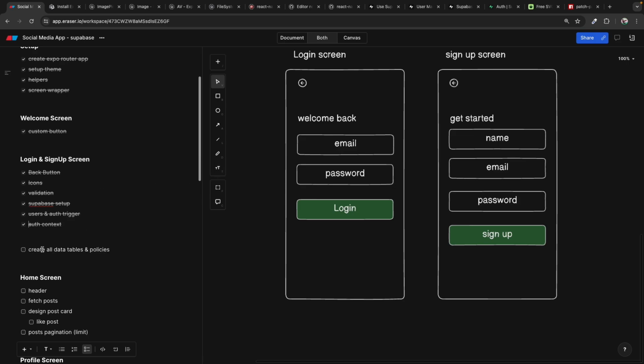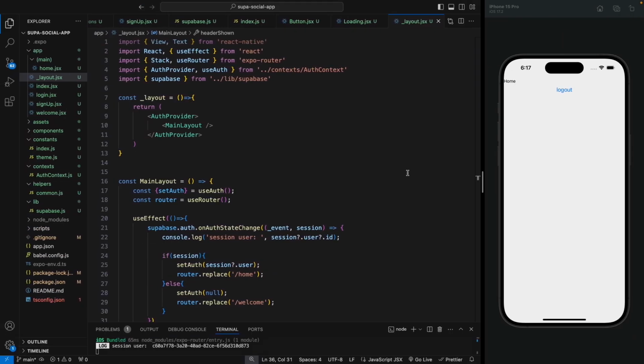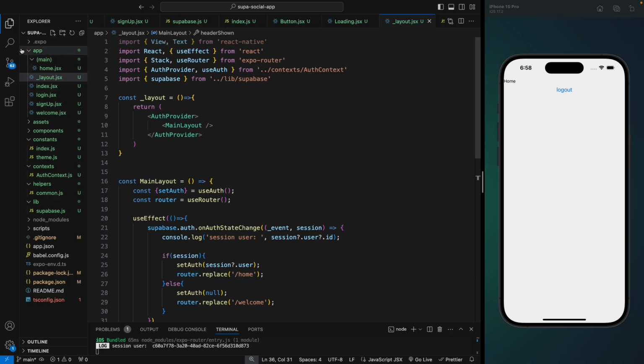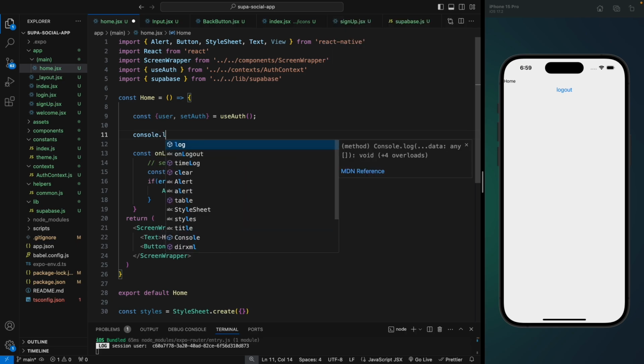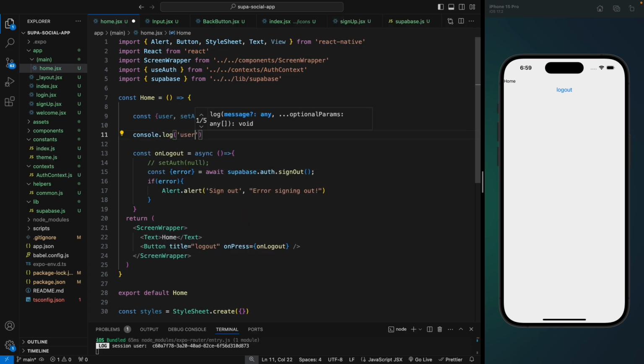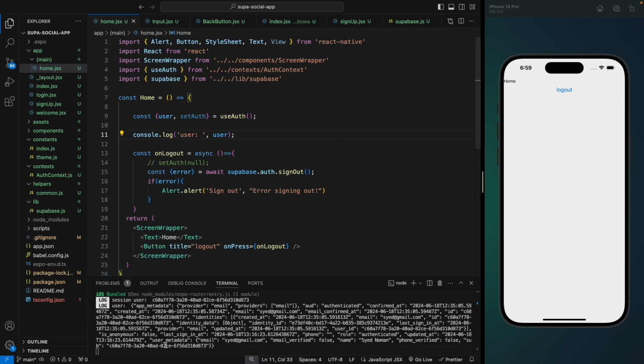Now we're gonna work on creating all the tables and the policies in Supabase, but before that let me show you one more issue. So if I console log the user data that we have in our context, so we can get the user from useAuth, and if I console log this, basically we got this user from the session in the auth state listener, and this does not include all the properties that we defined in the users table.